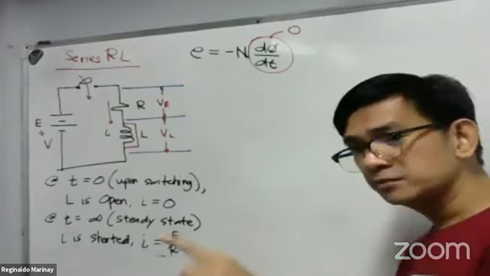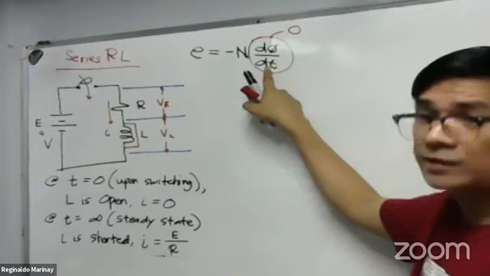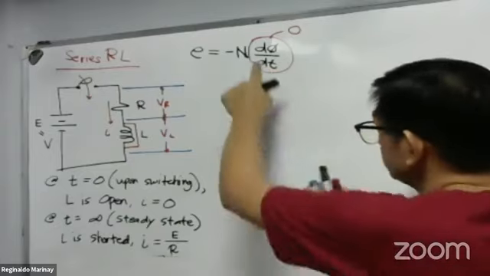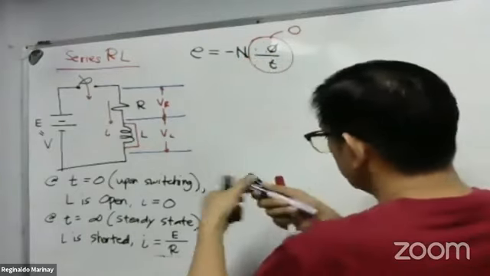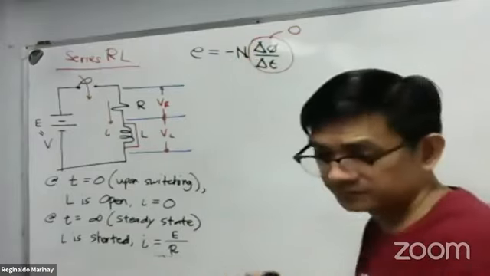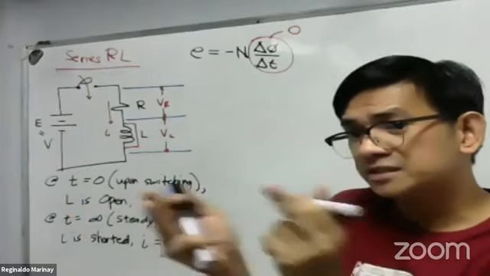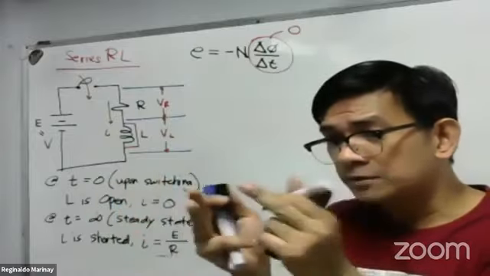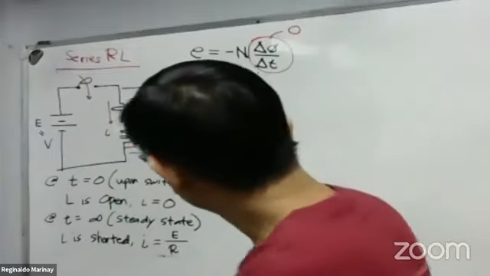A transformer can never be used in DC because there is no change in magnetic flux. Why? Because DC has a constant value. It doesn't change. In other books, that is delta; we may replace the derivative with change: change in flux over change in time. Because there is no change, the initial and final values are the same. If you subtract these two values and they are the same, that is zero, right? You cannot generate voltage.